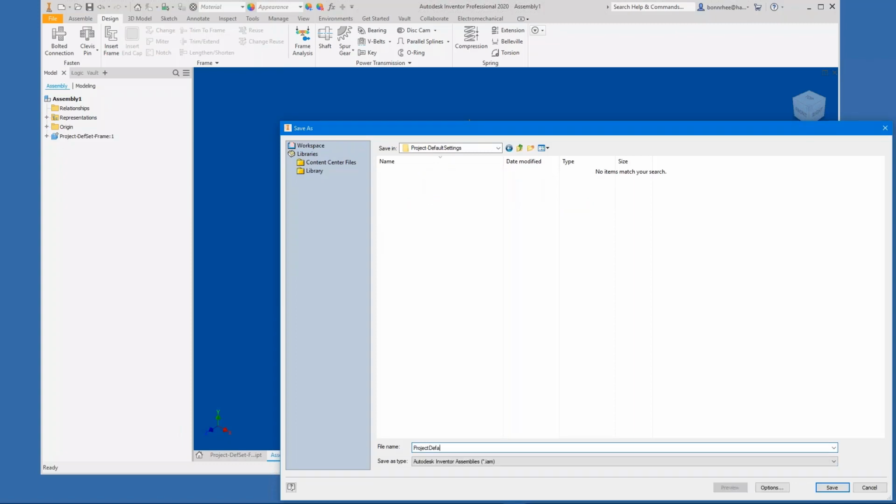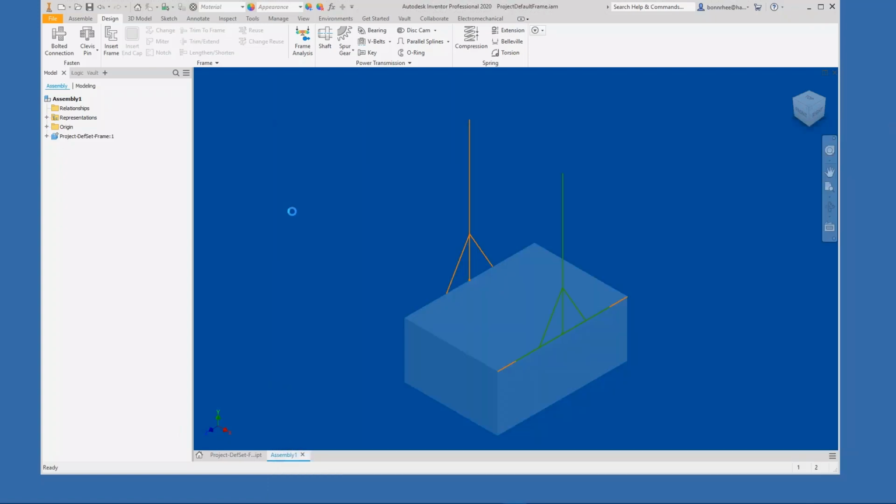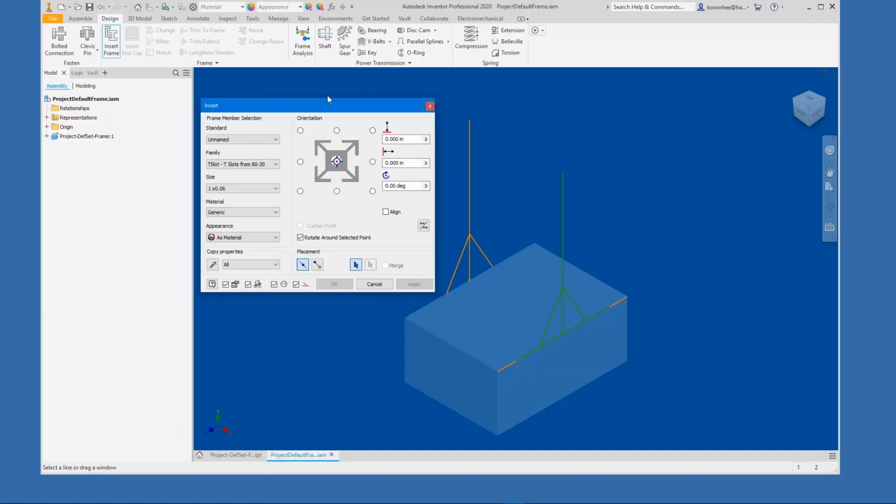We'll just call it Project Default Frame, because it'd be default settings. That's the only reason I'm using that name. Okay,